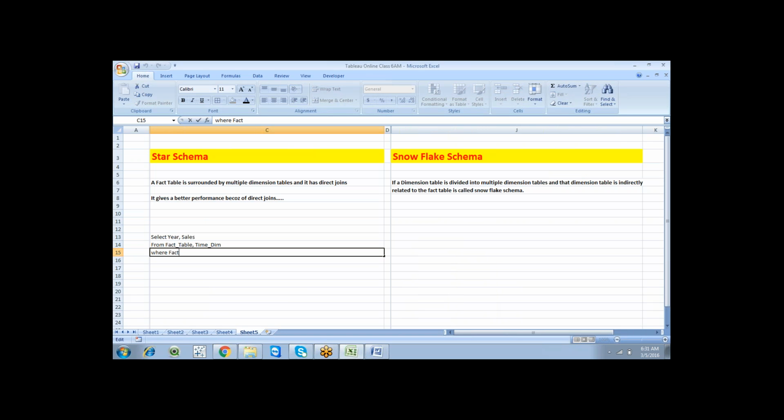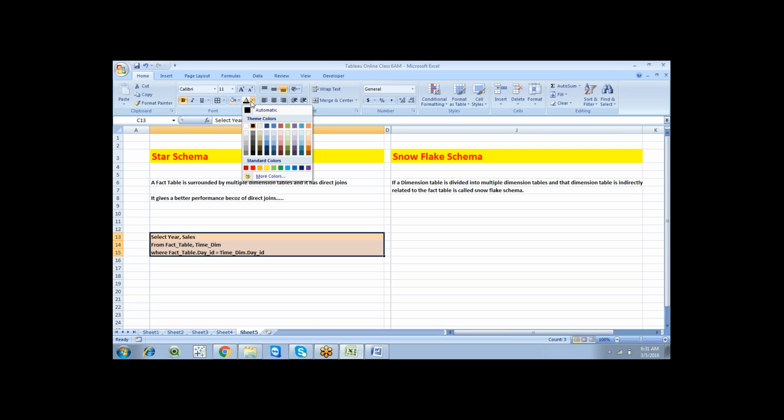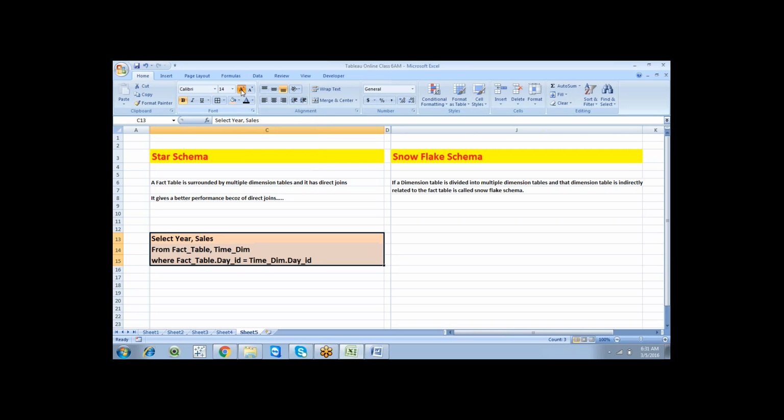So where fact_table.day_id equal to, or you can go with a simple equal, time_dim.day_id. So this is a simple definition or differentiation for a star schema. So this is a star schema SQL.